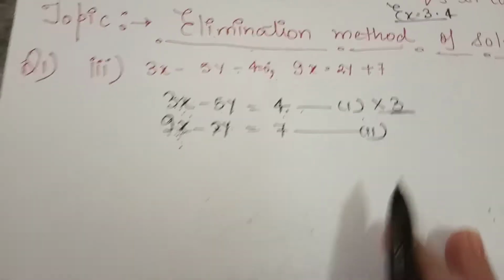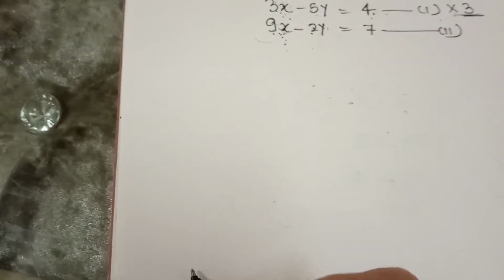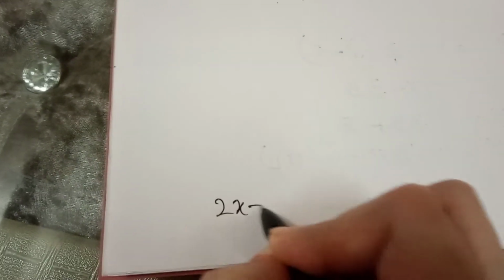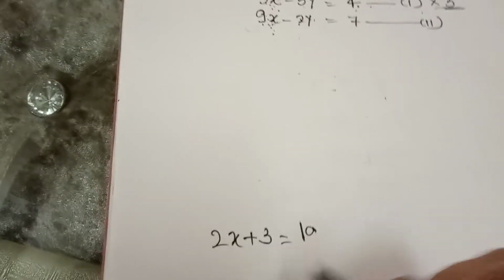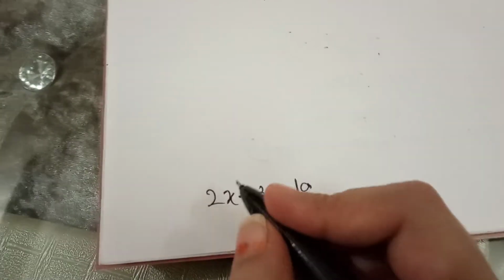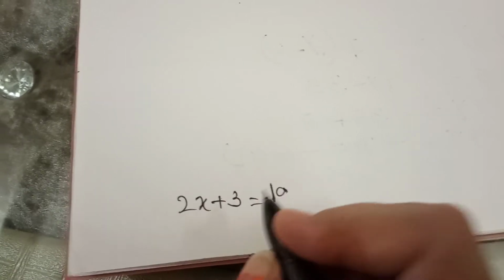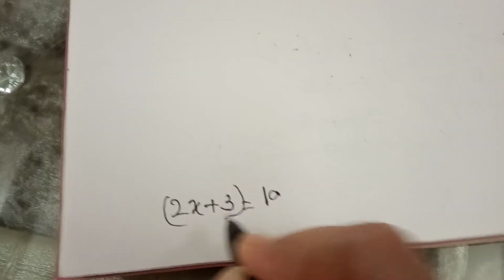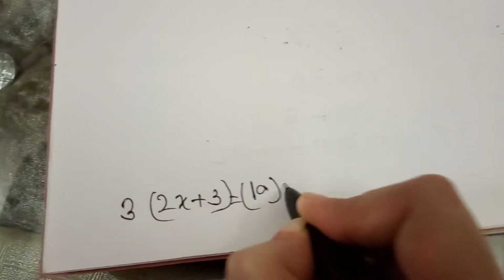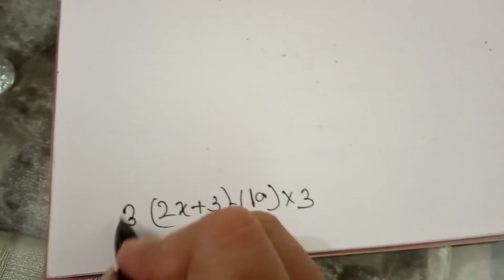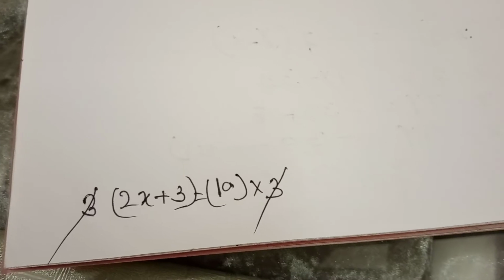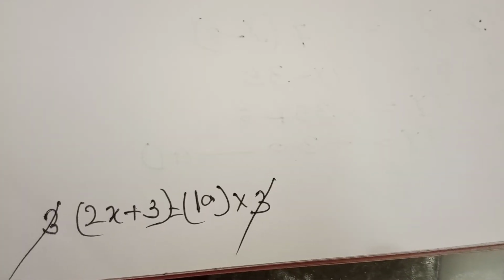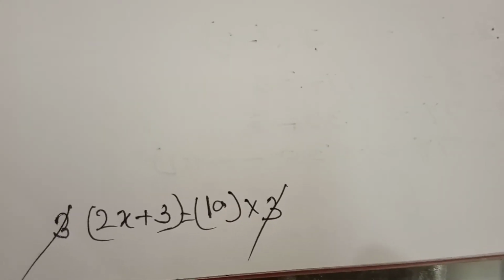मैं आपको एग्जाम्पल देती हूँ. Suppose the equation is, look here, 2x plus 3 equal to 10. So I am multiplying by 3 in this equation. So the rule is that I have to multiply both the sides. ठीक है. So this 3 can cut by this 3. It means we are not doing any change. हम इक्वेशन में कुछ चेंज नहीं कर रहे हैं, हम बस वैल्यूज इक्विवेलेंट कर रहे हैं.